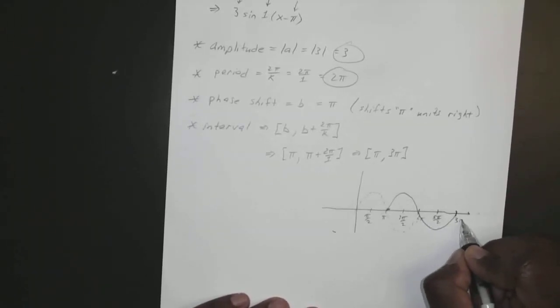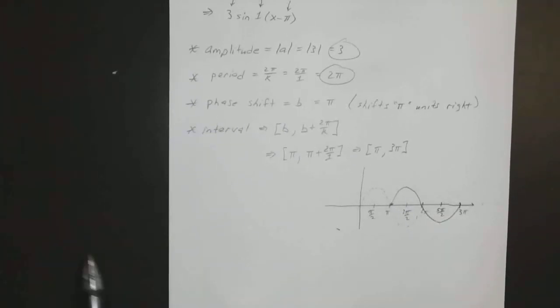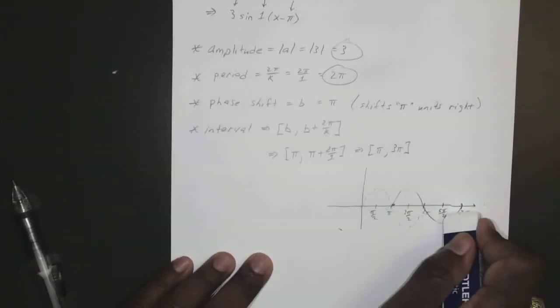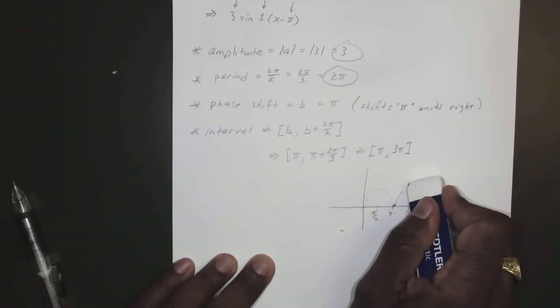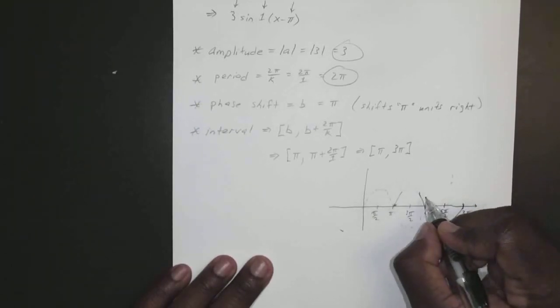So this is 3 pi. So we just got that whole graph. Actually, I should have made it taller because of the amplitude. I was so busy focusing on my horrible drawing. Because our amplitude is 3, this actually goes